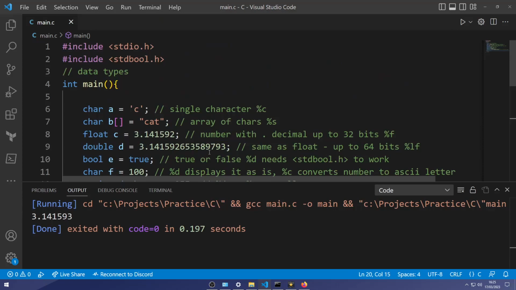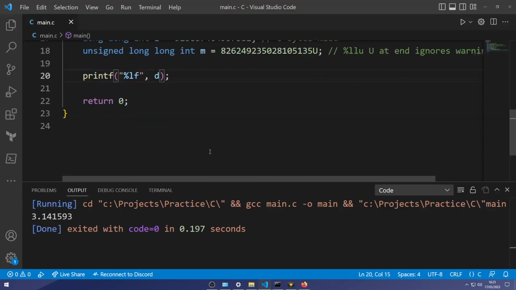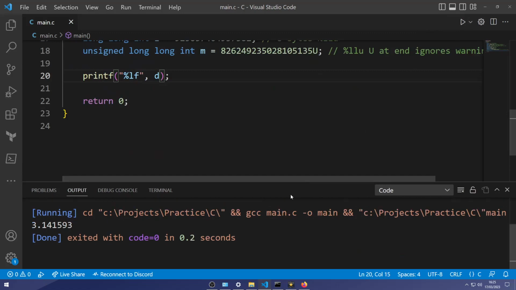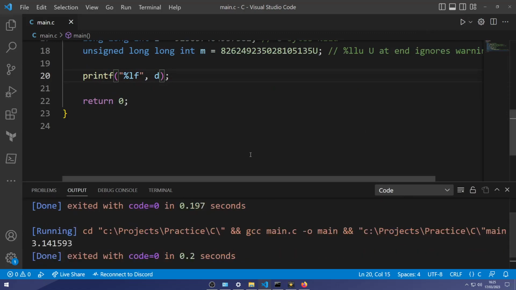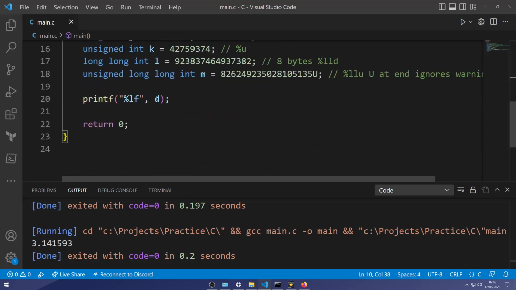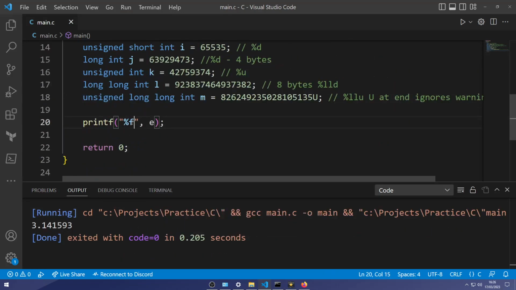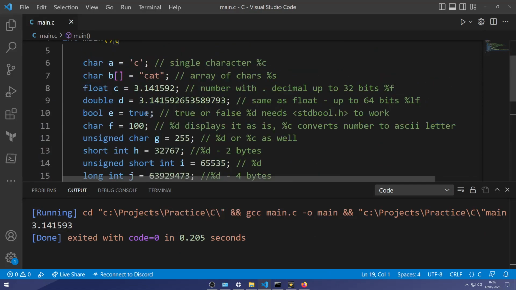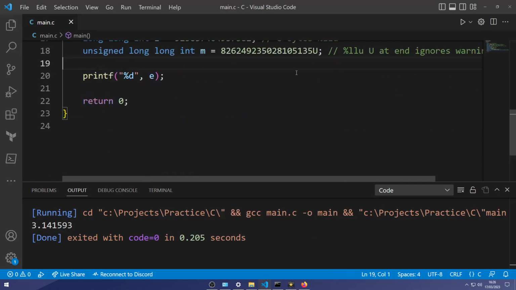The next one is our Boolean, which is true, and we'll use %d. Now if we run this, we'll get a number 1, which means true.